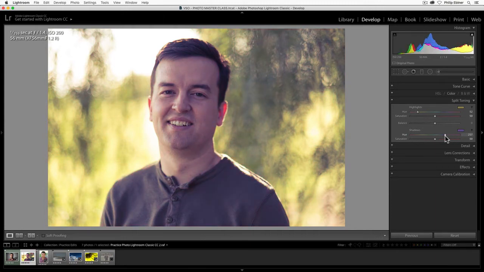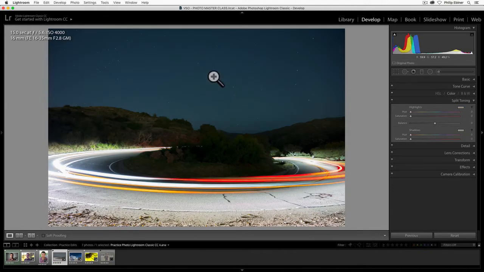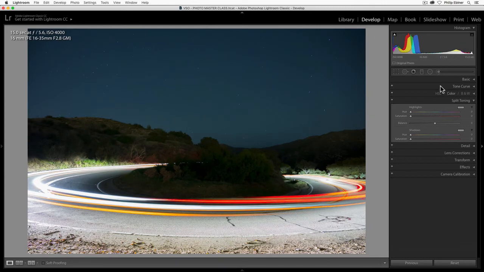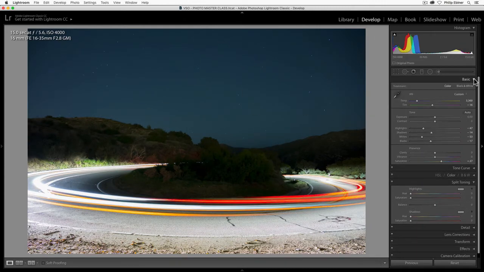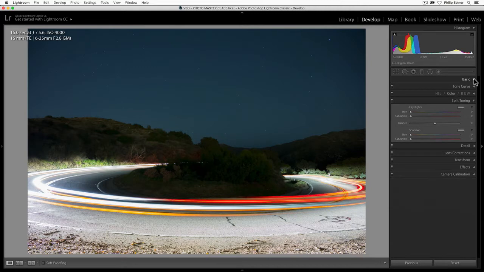Now, when would this actually be practical? Well, in terms of landscapes, when you're not shooting people, I find that this can look a little bit more natural. So let's go to this photo of the night sky. And this includes the edits that I made before for the basic adjustments when we were learning about exposure. But say we want to play with the night sky and the highlights down below. The night sky is more of the shadows. The street is more of the highlights.